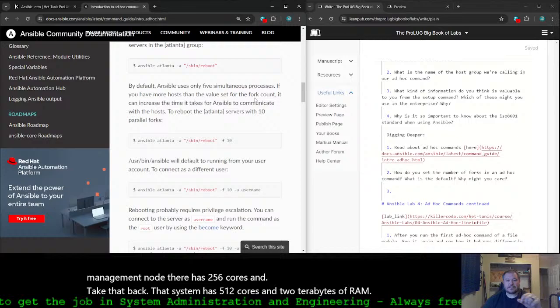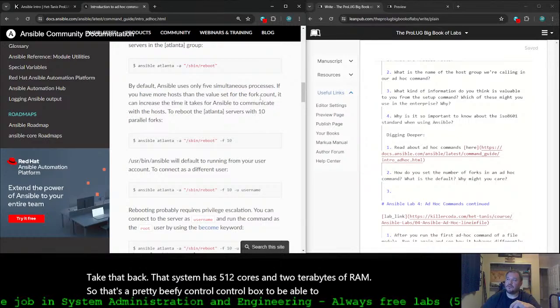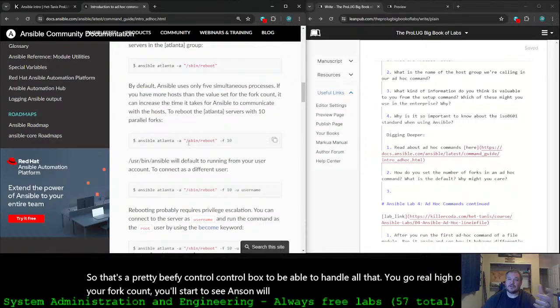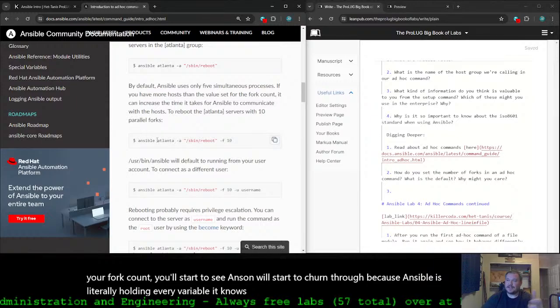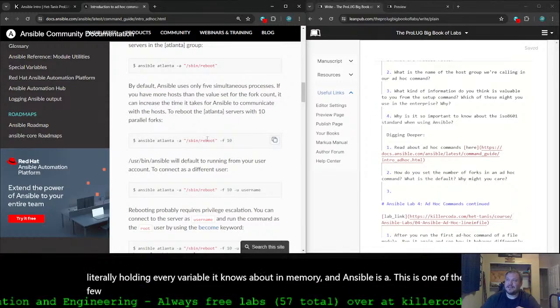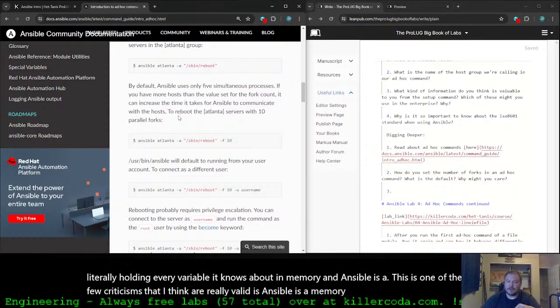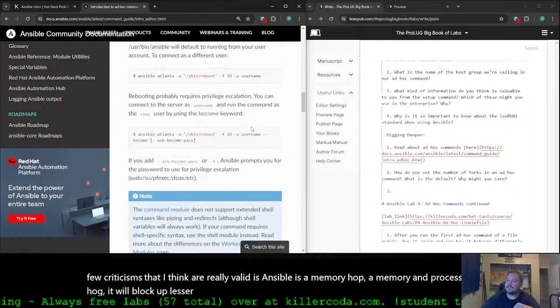So that's a pretty beefy control box to be able to handle all that. If you go real high on your fork count, you'll see Ansible start to churn, because Ansible is literally holding every variable it knows about in memory. This is one of the few criticisms I think are really valid: Ansible is a memory and process hog. It will lock up lesser systems and crash them, and I've seen that happen too.